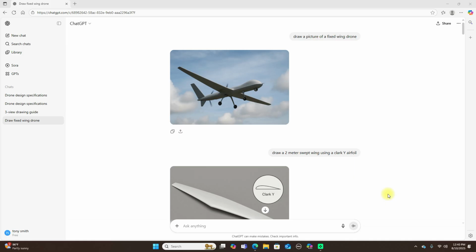So the first question I asked ChatGPT was draw a picture of a fixed wing drone, and it came back